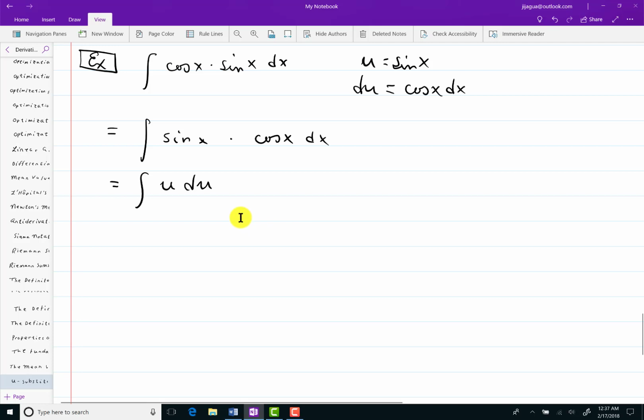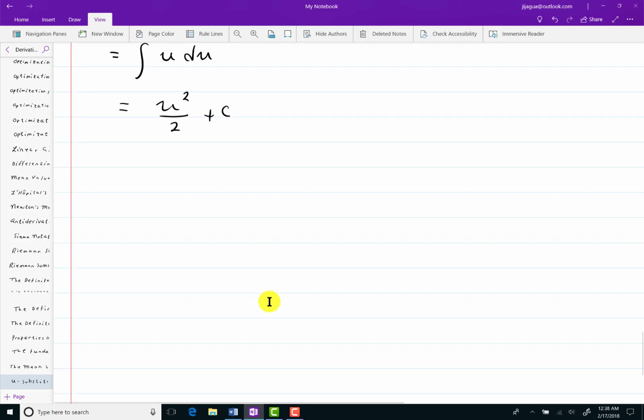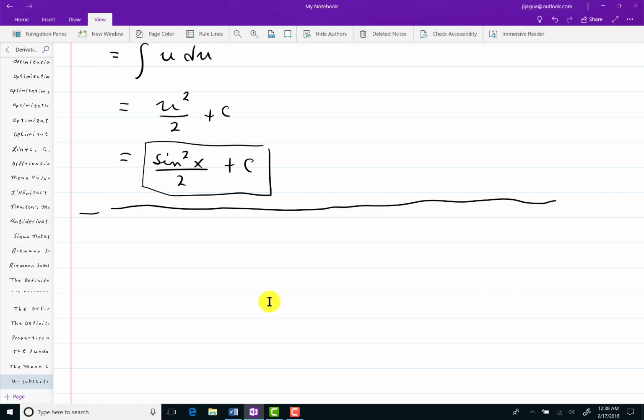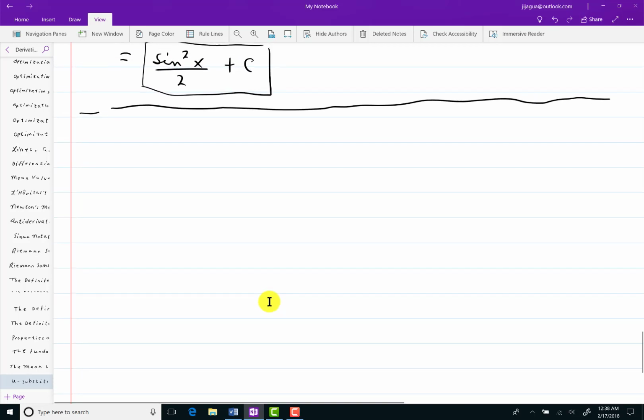And this is about as easy as a power rule problem as you can get. That's u squared over 2 plus c. And then I'll put my sine x back to get sine squared of x over 2 plus c. Let's try another one. Example,